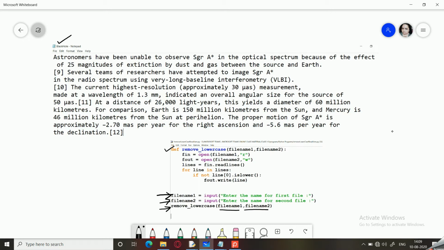And now we start with execution of this function. So these two statements should be clear to you. Fin will be associated with this file and fout will be associated with the file that is black hole, no lowercase.